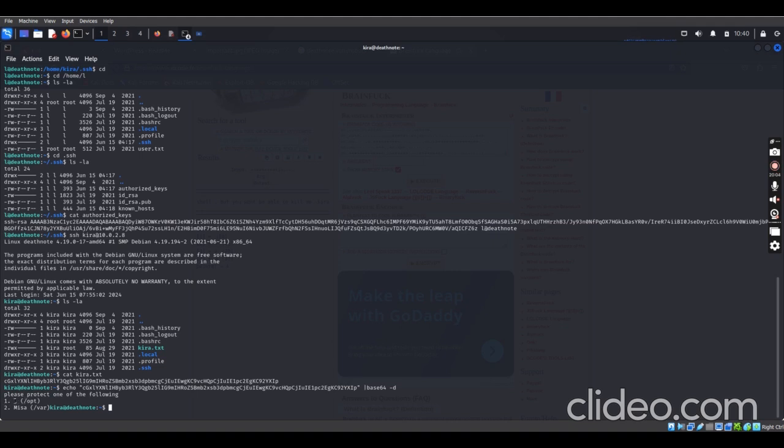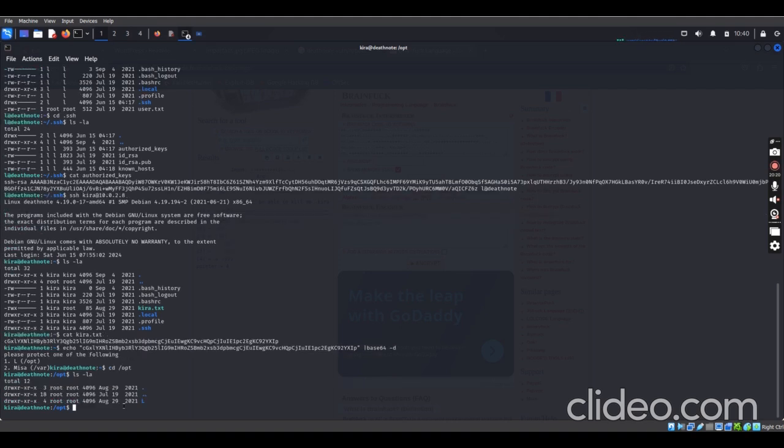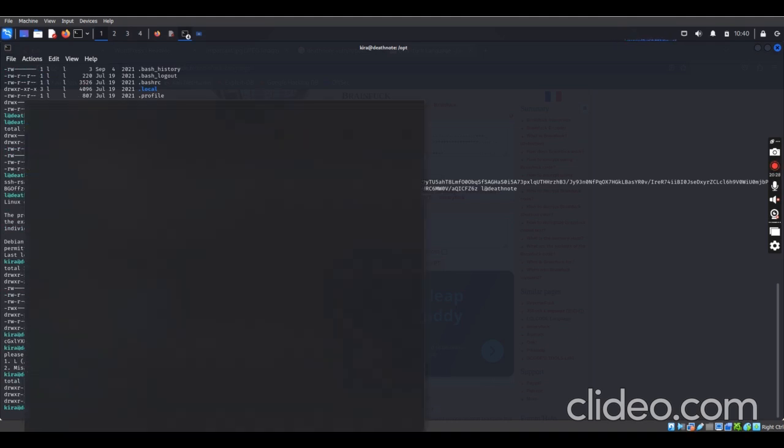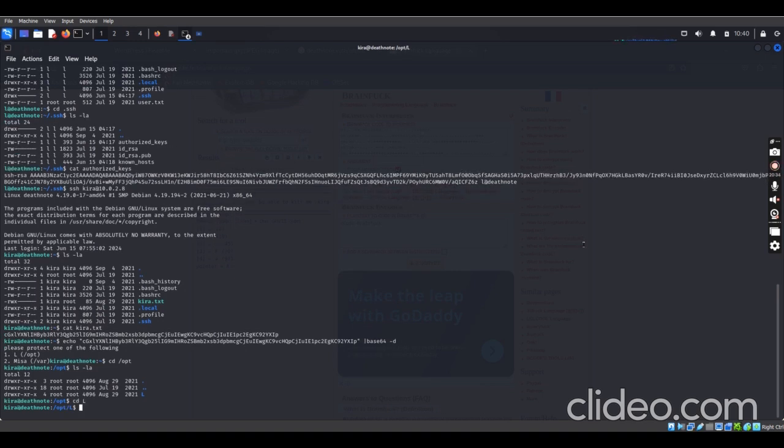So what I did was that I had to migrate to this OPT directory by CDing to the OPT directory. So when I CD and list out all the folders, I was able to see this capital letter L here, which already gave me a clue. So let me see what is in that capital letter L. So I'll CD, change directory, to that L. I will list everything, all the files and the folders there.